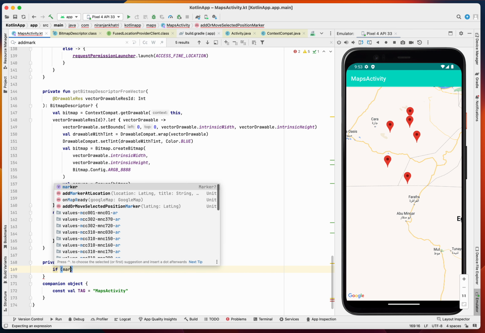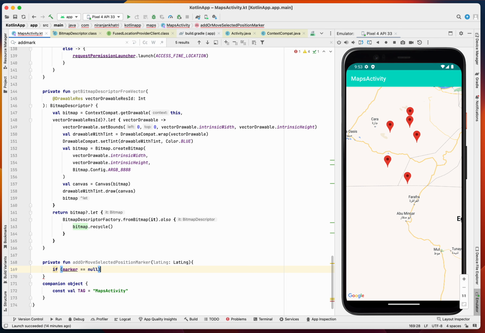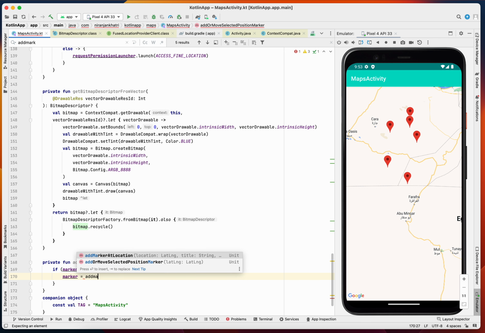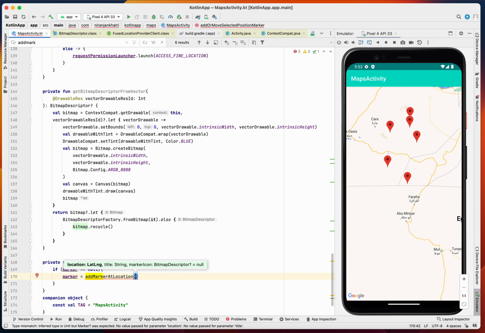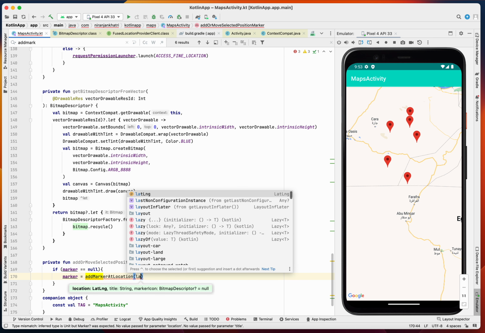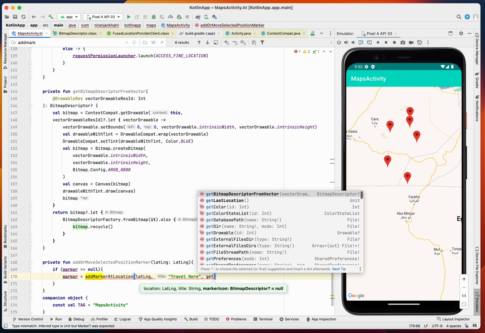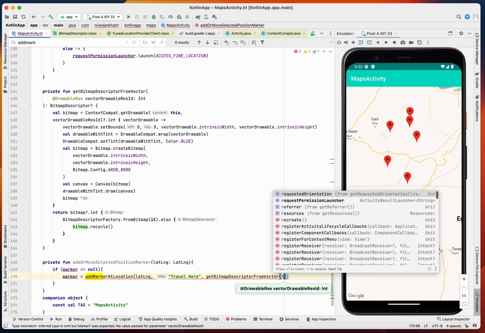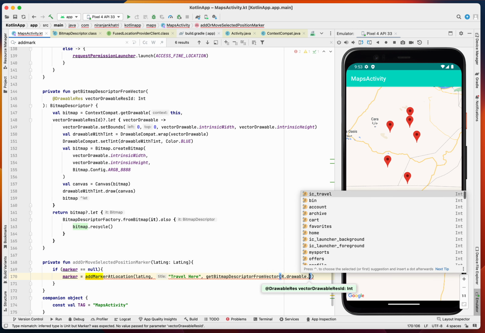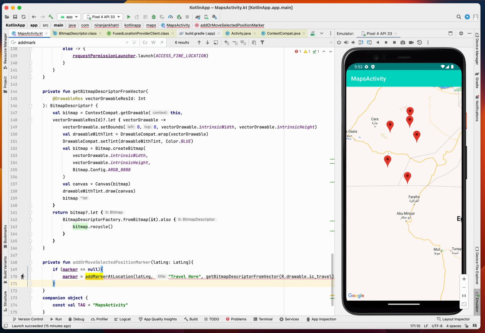If marker equals null, then marker equals add marker at location, which is a normal marker, right? Add marker at location provided by latitude and longitude, and we get the respective descriptor, which is ic travel, right? And else